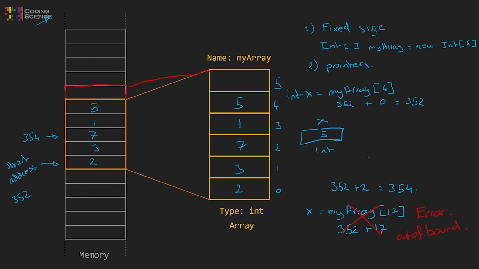From your point of view, that wouldn't change anything, but technically you just erased this one and made a new array. So this is fixed size, and we're using pointers to navigate up and down